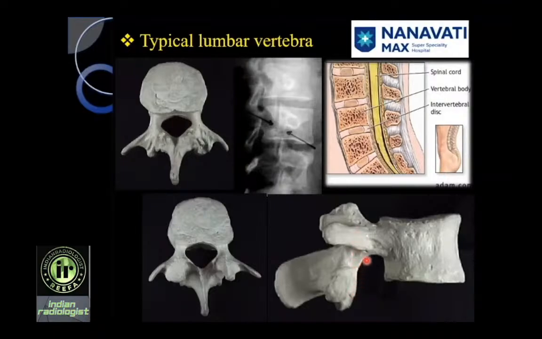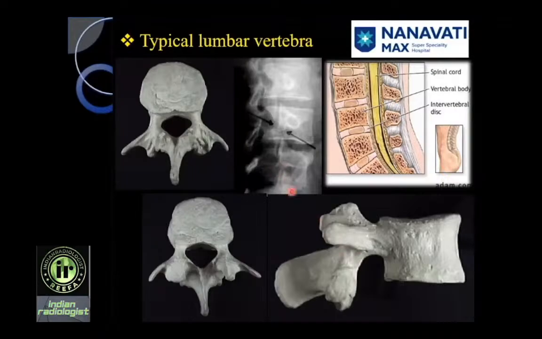So this is the inferior articular facet of this L4 vertebra. This is the superior articular facet of the same vertebra. Here it is well seen. So this is the superior articular facet of L4. This is the inferior articular facet of L3. This is the pedicle. This is the transverse process. This is the lamina. This is the spinous process, and this is the area of pars which gets broken in lysis as